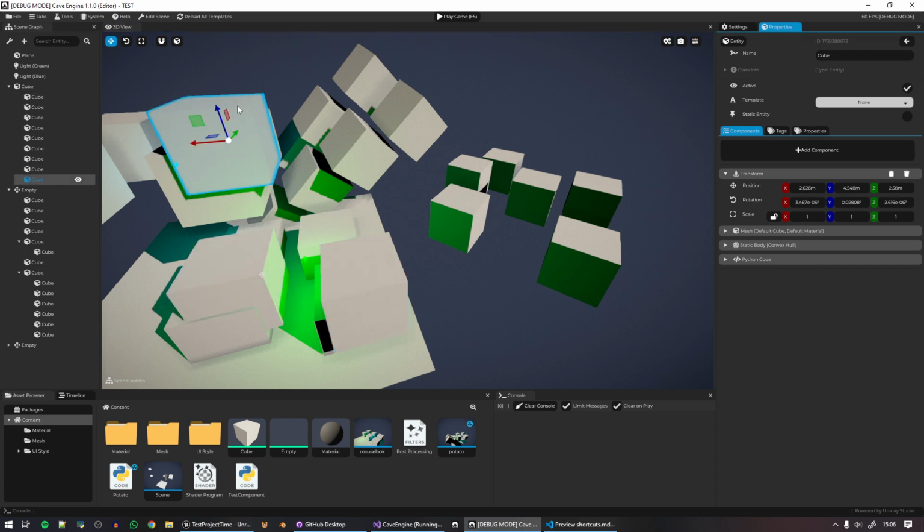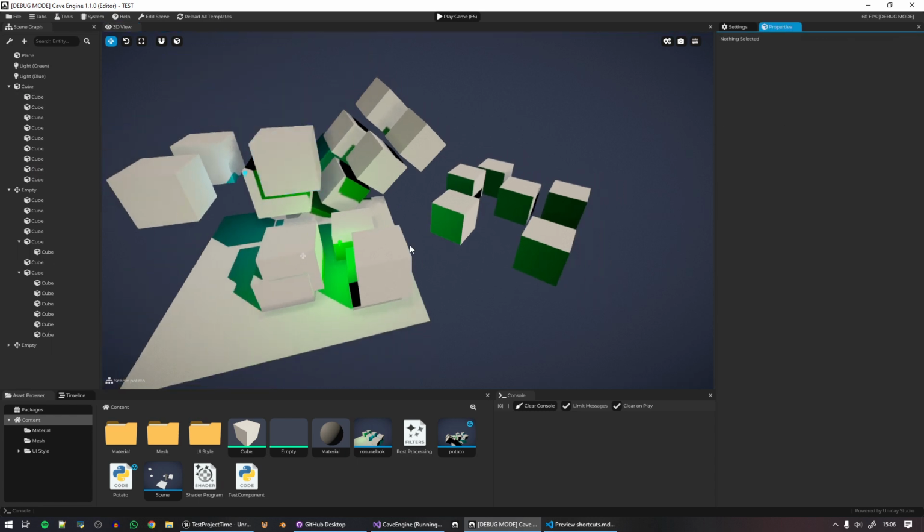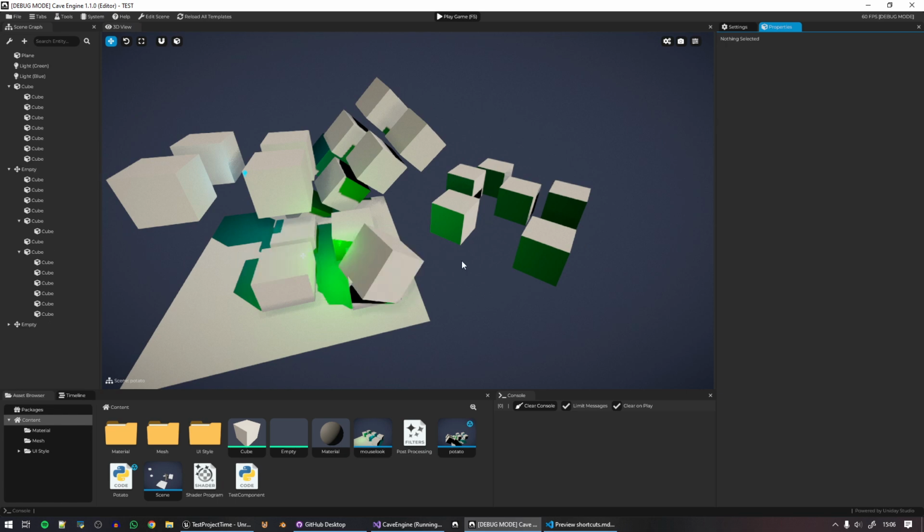And also you can press Alt G. This is another shortcut to duplicate the entity. Very nice. And now Ctrl Z works. Very nice. Yay, as you can see. Anyways,